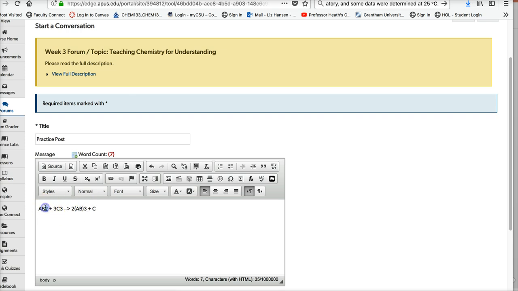Okay, so first let's talk about subscripts. So AB2, that wouldn't actually be, well, A and B of course aren't elements. Well, B is for boron, but this isn't an actual substance. This is just my generic. But the 2 here at the end of the formula wouldn't look like that, right? It needs to be a subscript. So there's your subscript. And this 3 here would be a subscript. Okay, so in chemical formulas, you're going to have whole number coefficients in front, and you're going to have subscripts